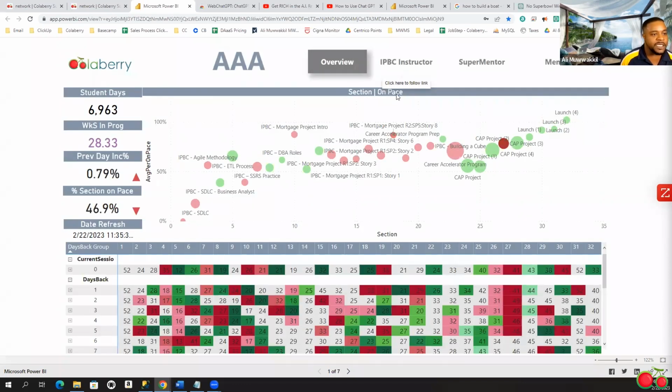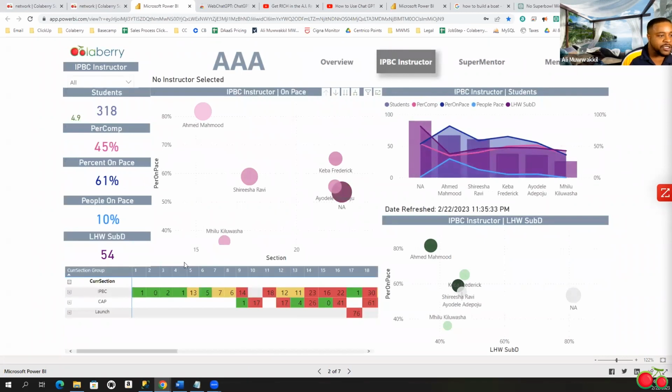All right, so we're going to navigate to the IPBC instructor tab. Now, what we're going to do is drill through. Just briefly, I'm not going to go into what the report is saying, but here are the IPBC instructors, and they have KPIs where they're monitoring the people that are in their groups. It's their classes, and they're monitoring the production of the people that are in their classes. Now, if I wanted to drill through on Ahmed's people, I'm going to drill through to this IPBC instructor